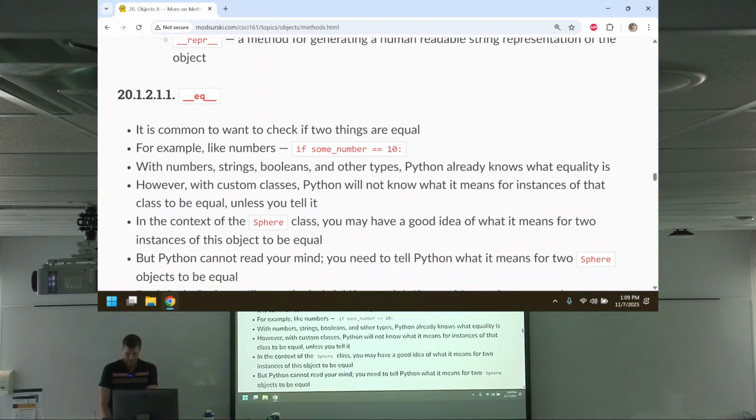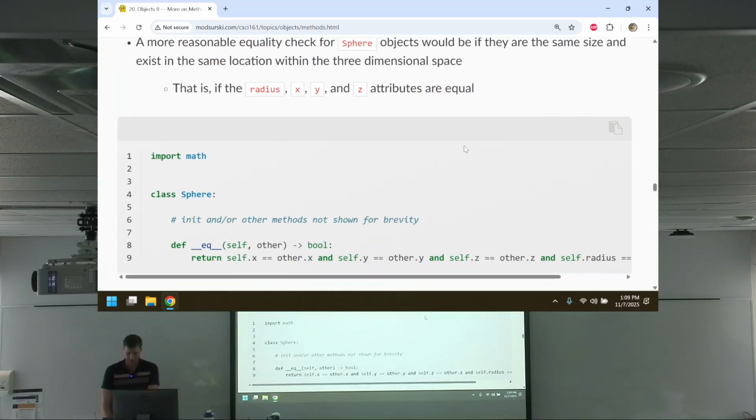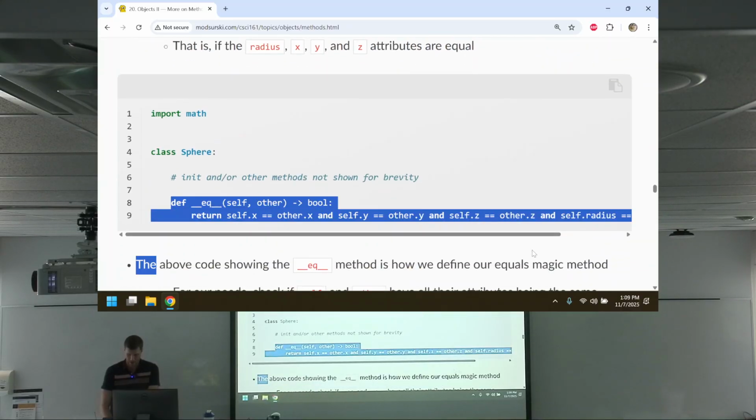Now, the funny thing is, if you're dealing with primitive types, equals equals is just checking whether the values are the same. But as soon as you're dealing with objects and references, it works a little differently. So what does it mean for two things to be equal? Well, here's what I'll say. And by the way,